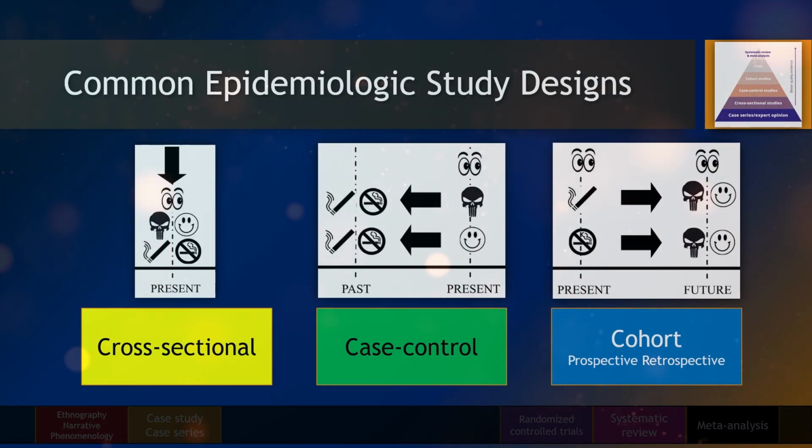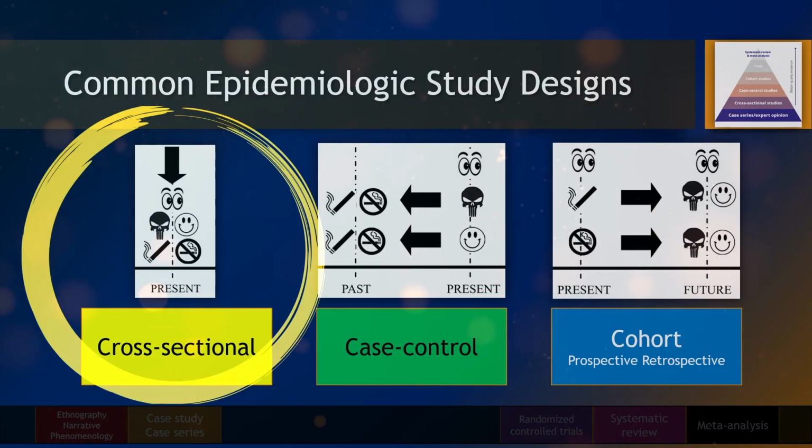Epidemiologic studies rely on proper quantitative designs to make sure they get the appropriate information from properly selected sample populations so that their conclusions can then be generalized to a broader population. In this lecture, we will focus on the three most basic study designs used in epidemiology: cross-sectional, case control, and cohort study designs. We'll begin with cross-sectional studies, which provide a snapshot of a population at a single point in time. These studies are invaluable for describing the prevalence of certain characteristics or conditions within a population.